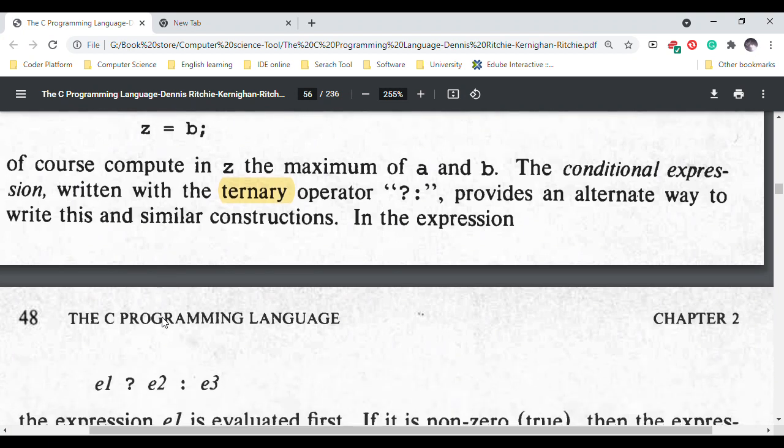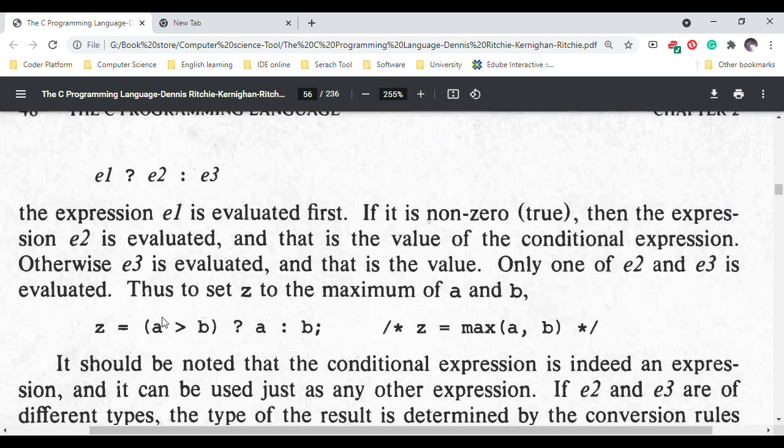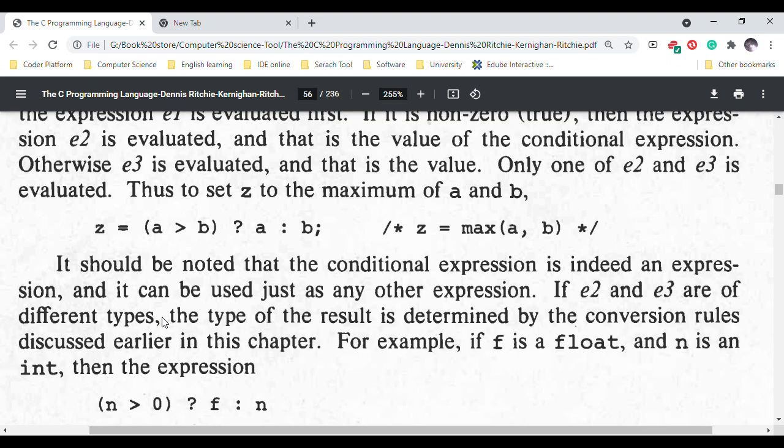In the expression e1 ? e2 : e3, the expression e1 is evaluated first. If it is non-zero (true), then the expression e2 is evaluated, and that is the value of the conditional expression. Otherwise, e3 is evaluated, and that is the value. Only one of e2 and e3 is evaluated. Thus, to set z to the maximum of a and b,